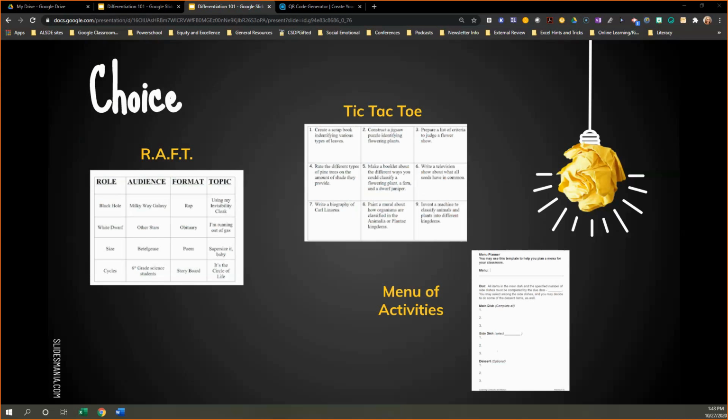Giving students choice in their work is another easy way to differentiate. You can give choice by using RAFT activities. RAFT stands for role, audience, format, and topic. And students choose from those selections. And you'll see some examples here of a RAFT. This one is looking at space, where the role is the black hole, the audience is the Milky Way galaxy. The format, they're going to create a RAFT, and their topic is going to be using my invisibility cloak. And then you can see other areas where they could do different